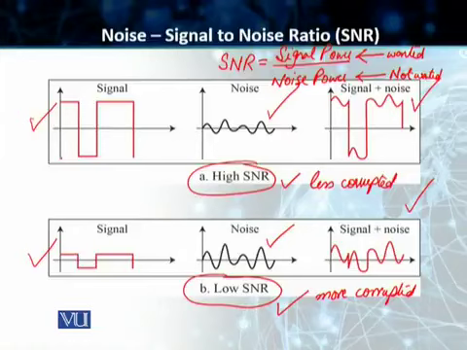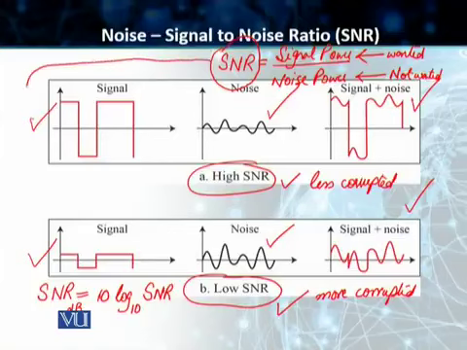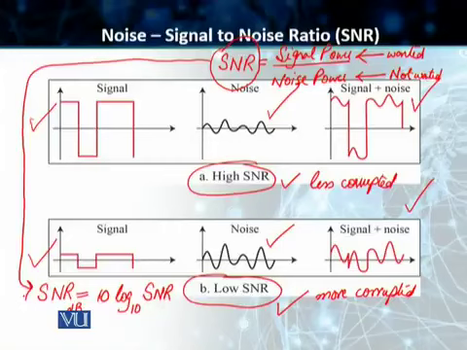Students, before we leave this SNR topic, we need to find out how do we calculate SNR? Now, because SNR is a ratio of two powers, we represent that by using the units of decibels. So SNR in dBs is equal to 10 log to the base 10 of the actual ratio that you have calculated. So this signal to noise ratio needs to be converted into decibels using this formula right here.